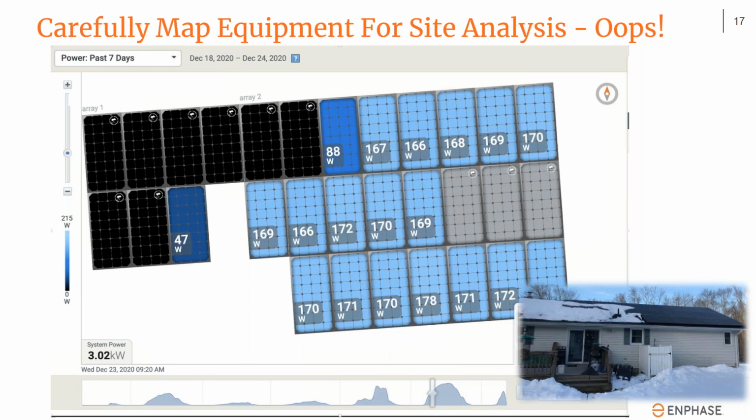Well, it turns out if you look at that inset photo down below, some are in the sun, some are covered in snow. This was simply due to the installers making a mistake when they made their map, or just not getting it right at all. So we definitely want to avoid that for future service and analysis. Yeah, that would make it really hard to troubleshoot.